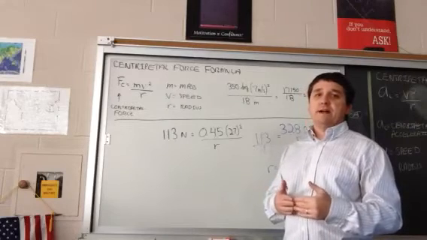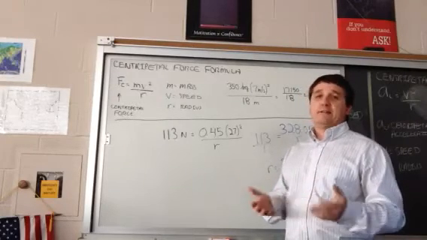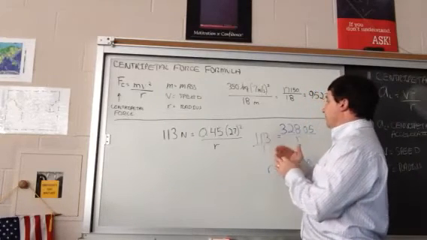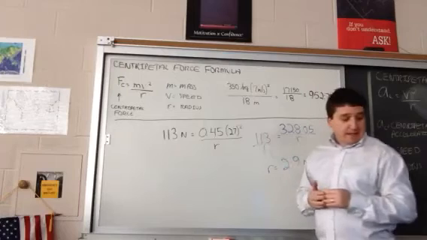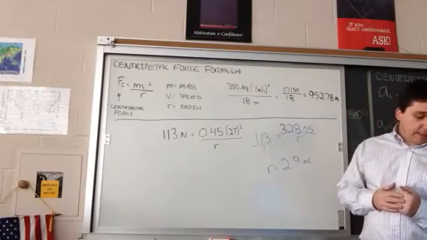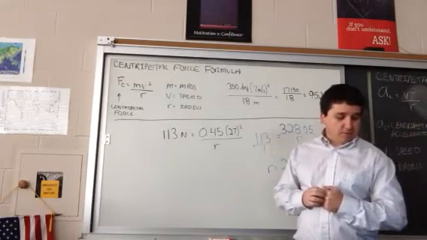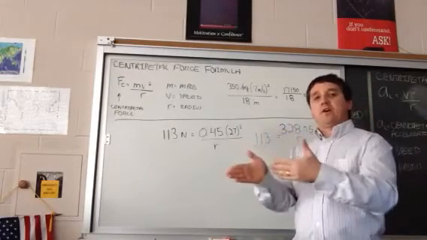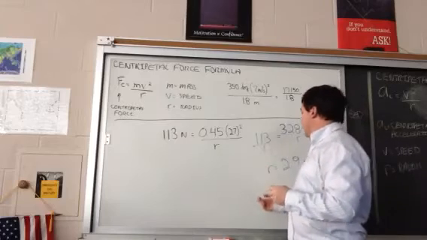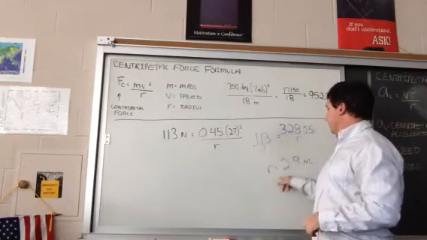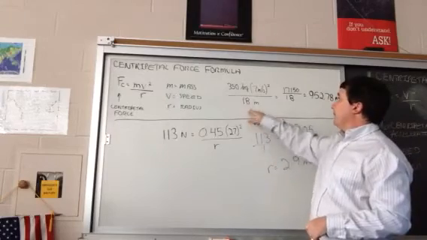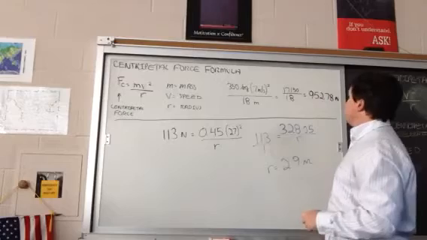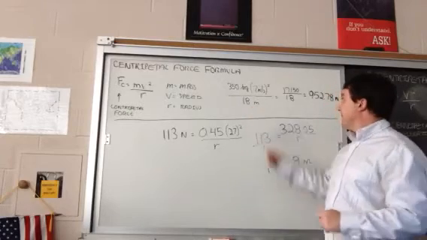The goal is to try to get the correct answer. All right, so anyhow, that's dealing with centripetal force. And again, centripetal force is that force that is applied as an object is rounding a curve. And the radius is whatever it happens to be. We solved for the radius here and got 2.9. Up here, the radius we provided for you, and it was a total of 952.78 newtons, given the other information